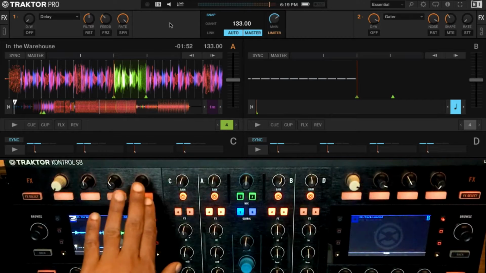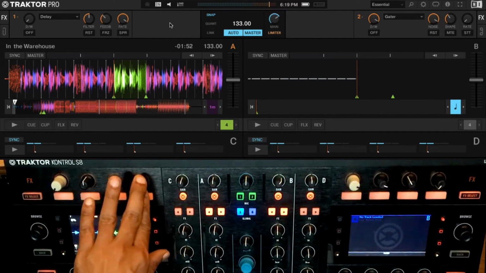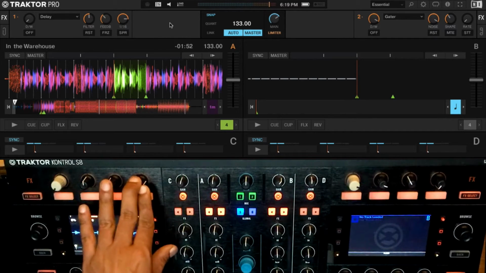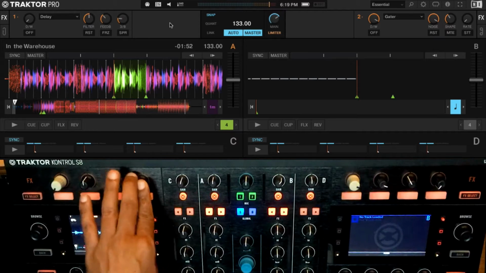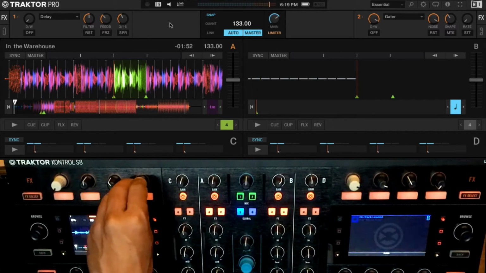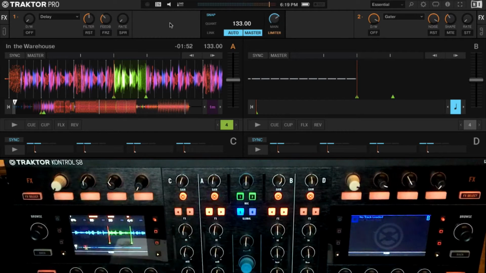So the first thing that you want to do in the delay is always make sure that you set the rate. The rate is in a bar beat format. So we're going from 1/32, 1/16, 1/8, 3/16, 1/4, and so on. So let's do something very simple. We will start with a delay of 4/4, which is one beat. Which means that any sound passing through the delay is going to get repeated after a gap of one beat.